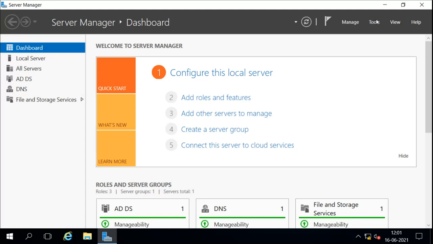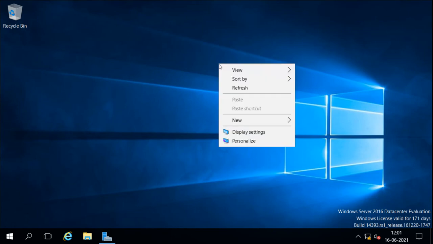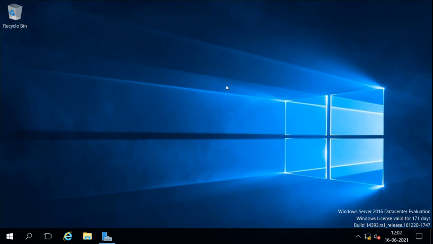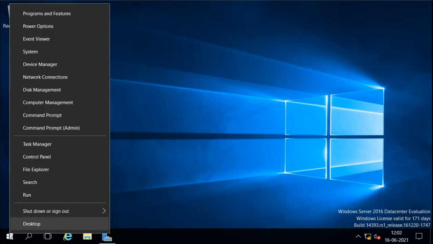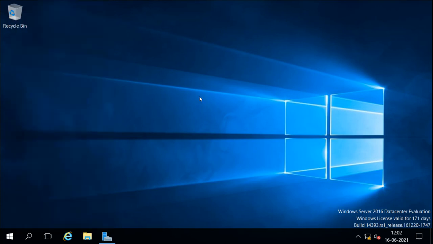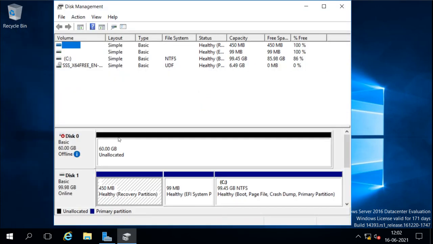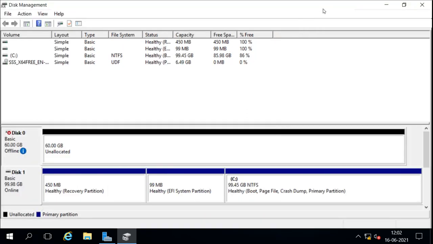This is our server operating system, and what we'll do, we want to create a disk. So we can do it from the virtual disk management. We can open the disk management by right clicking on the start, and here in the menu we have disk management. Now here we can create virtual disks from here. Right now we have these two disks. This is our first disk, this is our other disk we have added. I'm not using it, so I can remove this disk.